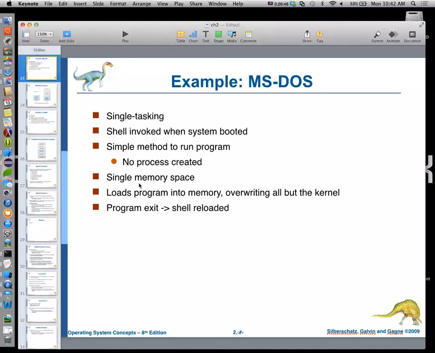The way we would organize memory is you would have your entire bucket of memory. So let's just use today's standards and say we have 1 gigabyte of memory. You would not have had anywhere near that back in those days. But you're going to take a little chunk of that, maybe 10% of your memory, and that's where the operating system lives. That's dedicated for the operating system. The rest of the memory is going to be for that one program that you want to launch. So memory management in single user, single programming operating systems is very simple.